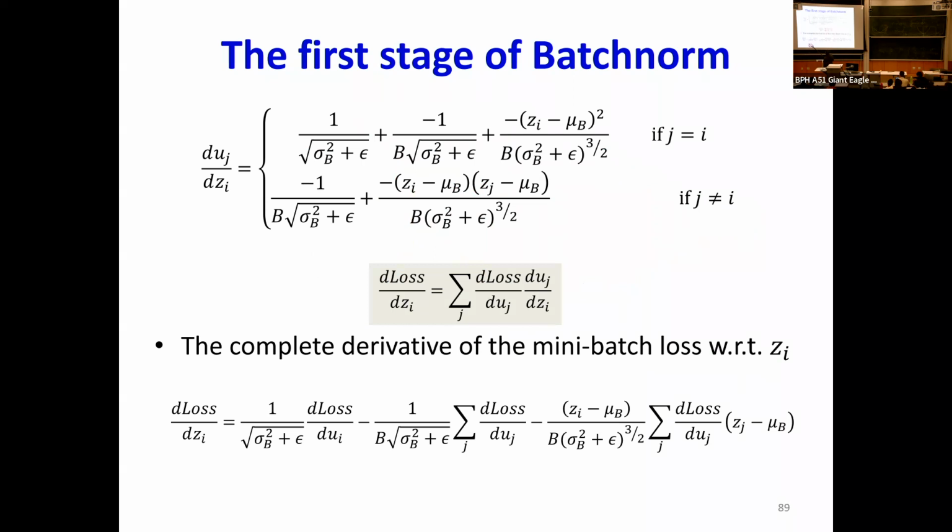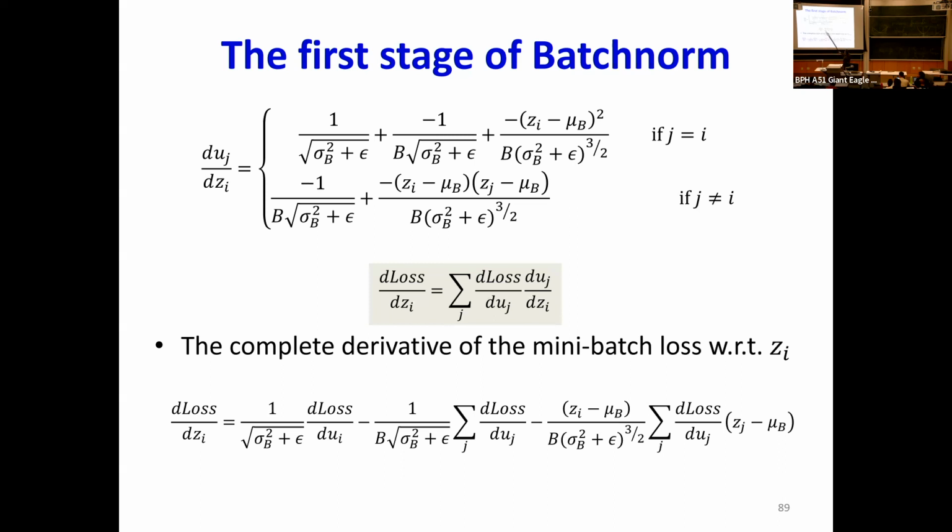Which is going to be the summation. So this first term, for any particular zi, is unique because there's only one such term, correct? So that's going to stay. It's d loss over dui times 1 over the square root of sigma squared. The remaining two terms are going to be summed over the rest of the mini batch, right? And so the second term is going to be summed over the entire mini batch. So it's 1 over b times the square root of sigma squared, which was constant for all of these. Then you're summing over all terms, d loss over duj times,